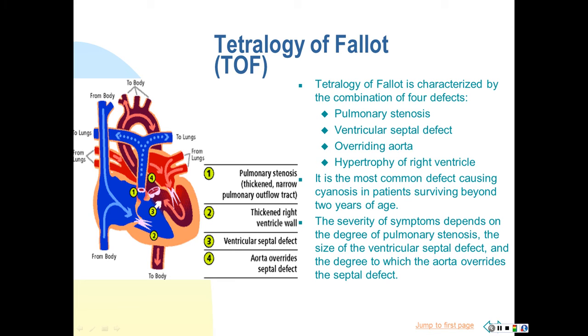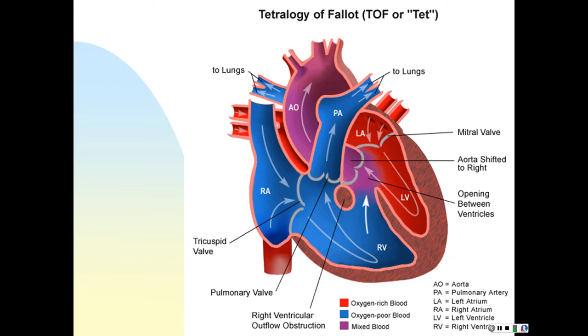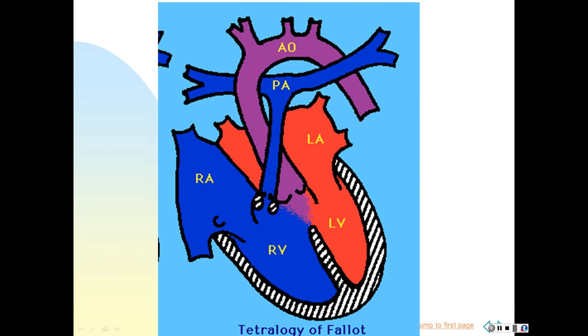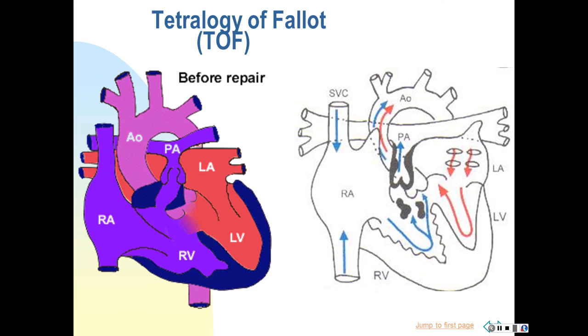thing we're going to see here is the thickened right ventricle, better known as hypertrophy of the right ventricular wall. So it's nice and thick because it's been working harder even in utero. Different picture, same defect. Here's your overriding aorta, your VSD. You've got your little bit narrowed here. And your ventricle is a little thicker than it usually is. So